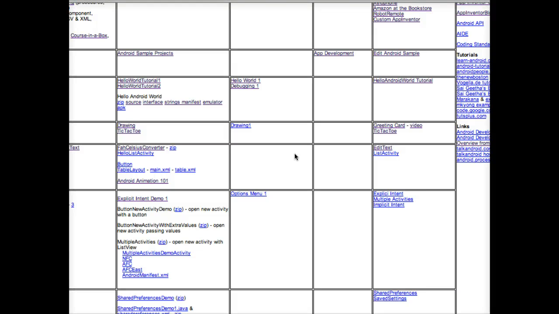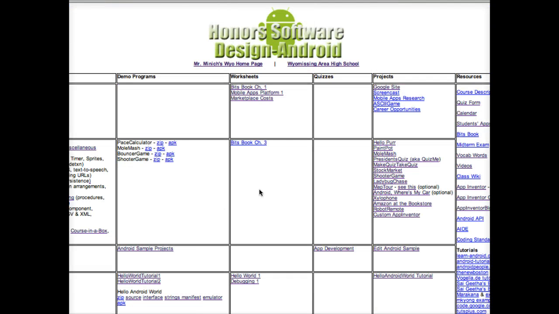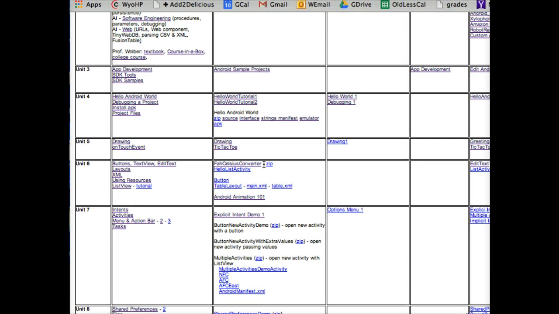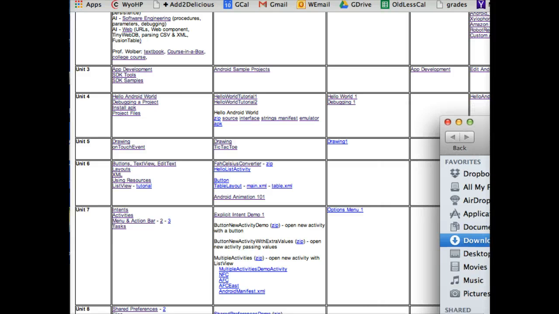This is Mr. Minnick. I am going to show you how to get started on a project that uses EditText objects in Android. So from my Android website, finding this happens to be Unit 6. I'm going to download this zip file of this demo called Fahrenheit Celsius Converter. So it's downloaded. I'm going to, off screen, move it to my desktop and show you that